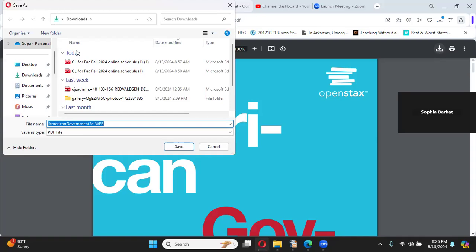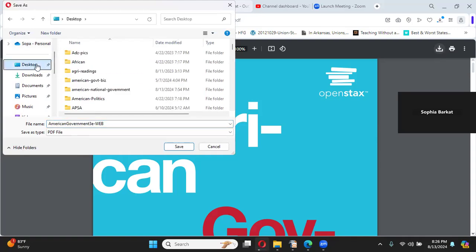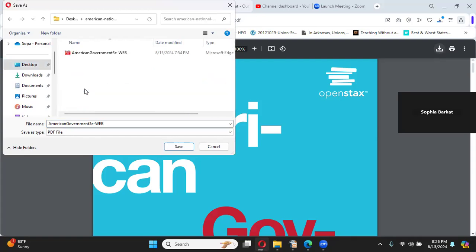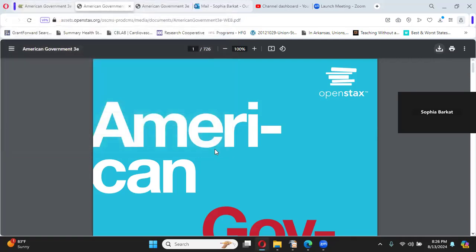So I've saved it already. I made a folder, and I would advise you to do the same. Make a folder on your desktop and title it American National Government. That way you save it and you know where to look for it. And when you save it, you hit the save button, it will save. So the benefit of saving it this way is that you can use it even when you don't have Wi-Fi